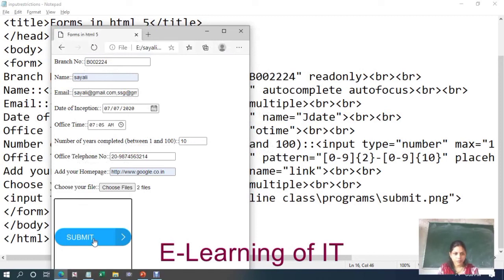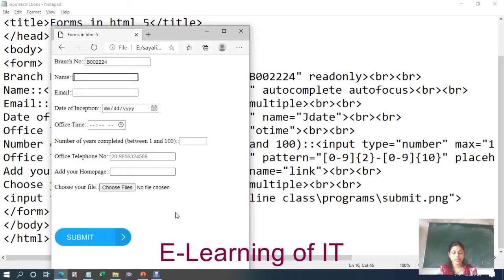Now I can submit the data. See here, if I click here, it still gets submitted. So you can make any field required, so that the form will not submit until that field is filled with some value.